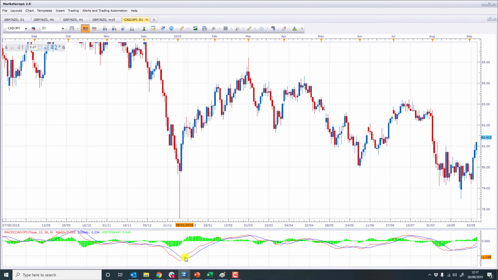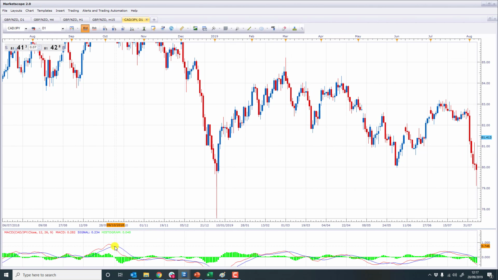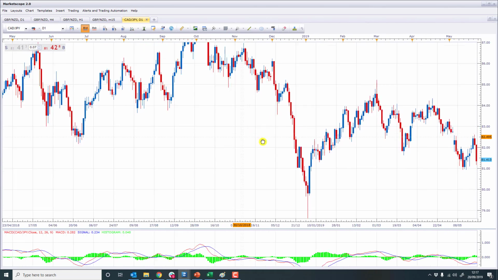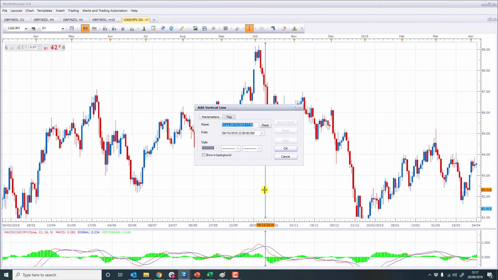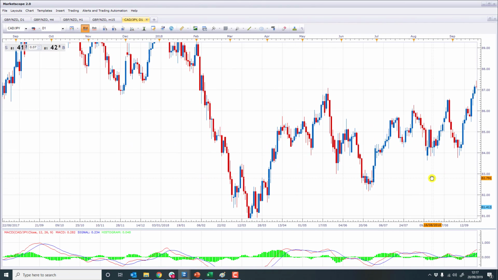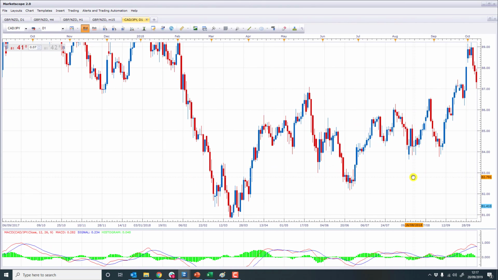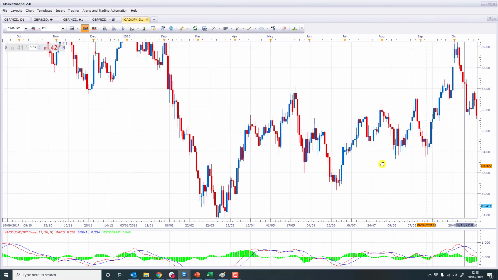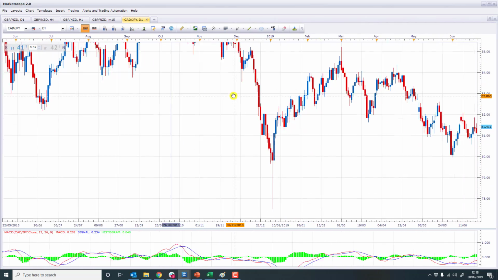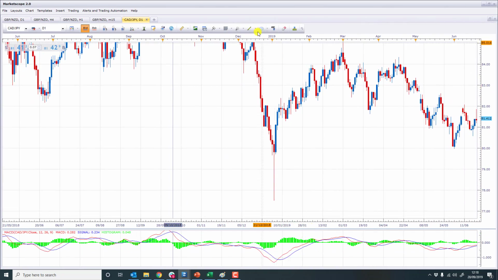when you have a cross like this, it's showing you that the market is going to reverse, and likewise when you have one at the top, it's going to fall over. So if we were to draw a big vertical line just after, imagine you're seeing this for the first time and you see the crossover, which is at this point here. You're thinking, oh okay, the market's going to fall over now, and guess what? It does, in a large manner. You can do the same over here,